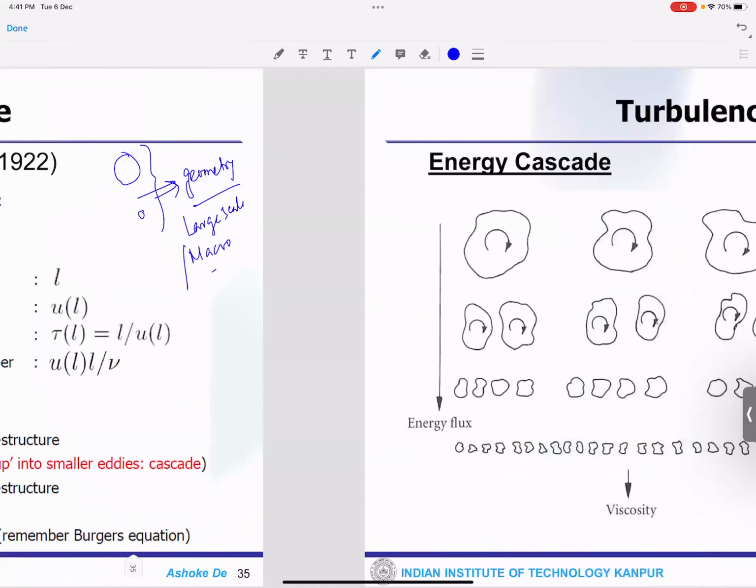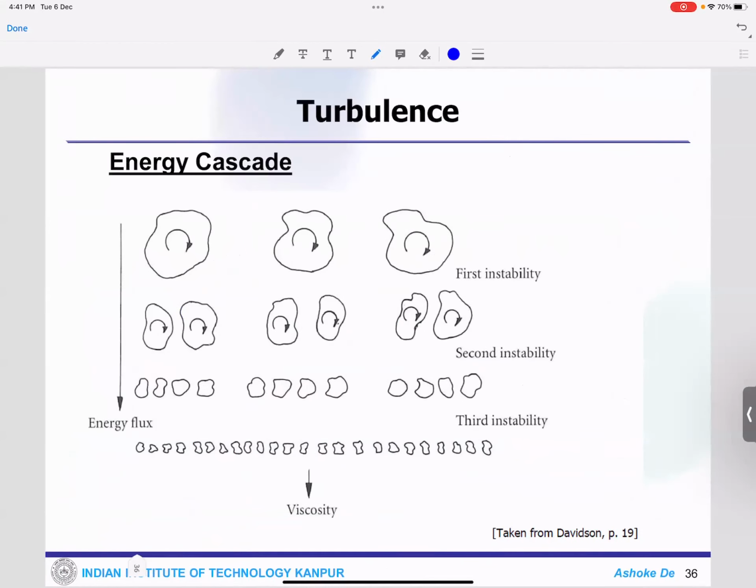So first you have this large structure which has the largest energy. Now the energy cascades down, from large structure to small structure, small to smaller, and finally through viscous dissipation or heat dissipation, it goes away. This is how the energy cascading or energy transfer process takes place